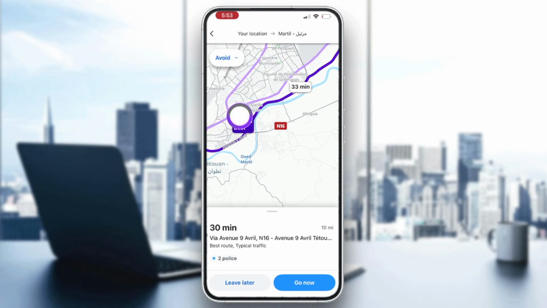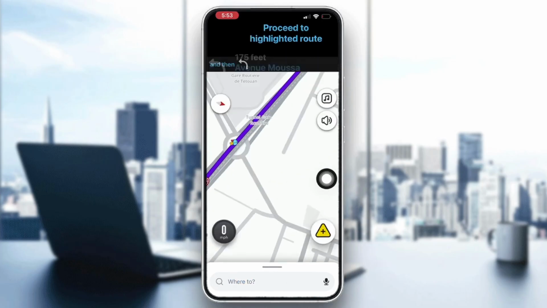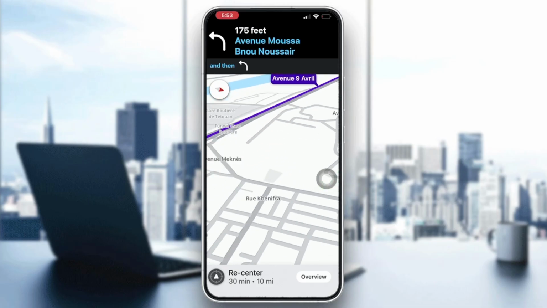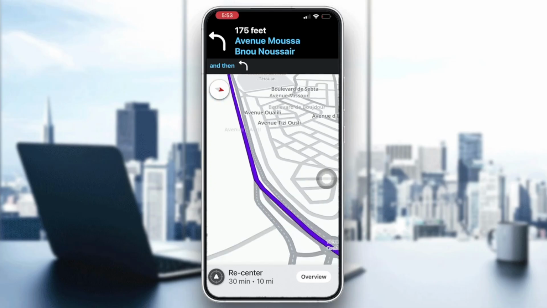So just select a route to view it on the map and review the major route turns and potential delays along the route. And when you're ready to start driving, tap on go now, right? So once you tap on go now, then you will be all set up and you will be able to